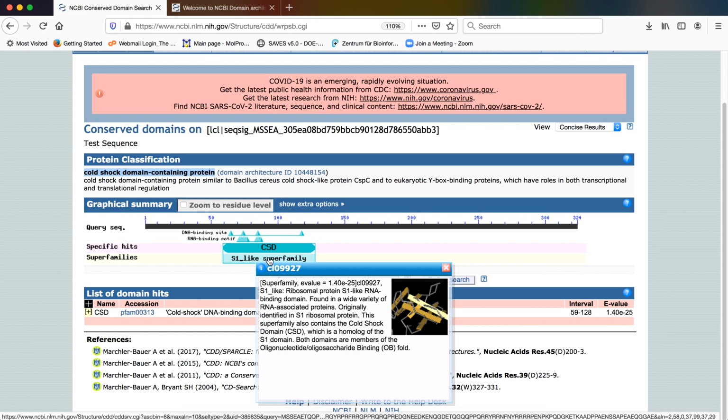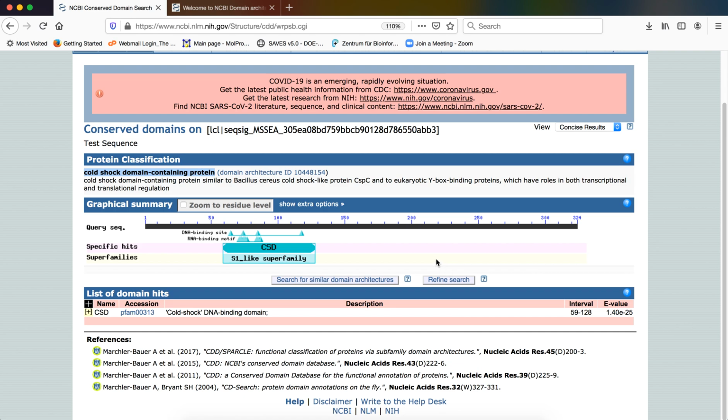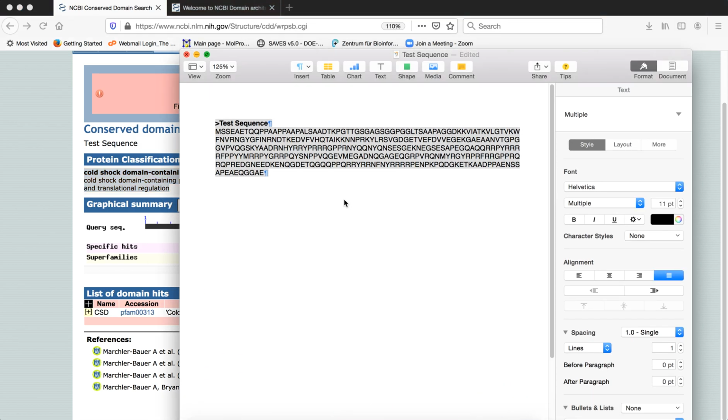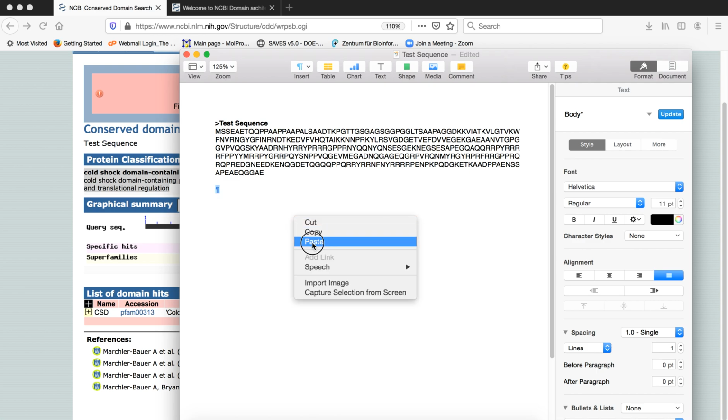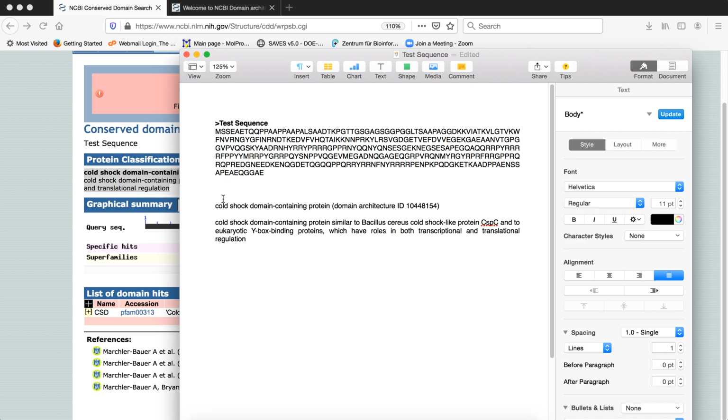And once we have identified this, we need to populate our result table that we are generating. In the column which is specific for the conserved domain analysis, we will write that our protein, or in this case the test sequence that we are using for analysis, contains the cold shock domain containing protein. We can copy the information that is here and paste it in the same text file.